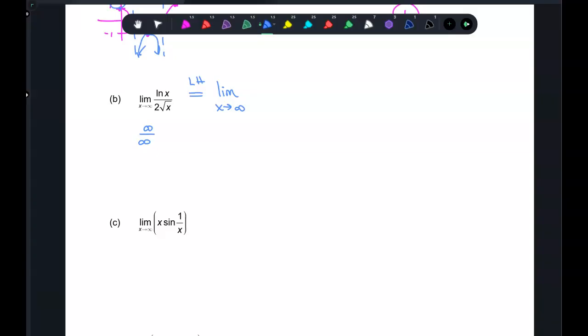So the derivative of natural log is 1 over x. And that will be what's going to happen. So it'll be 2, and then, yeah, the derivative of square root of x is 1 over 2 root x. So it'll just be 1 over root x,